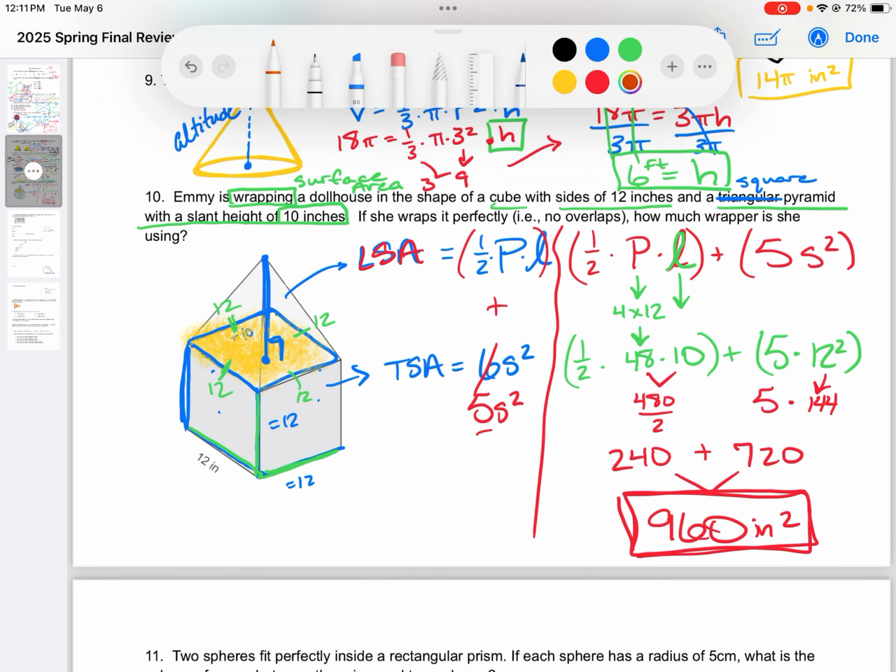So just to recap what we did right there, we found the lateral surface area of the pyramid because we did not need the base of it, we just needed the sides. And then we found the total surface area of the cube minus one side because we're not wrapping the top of it. And that is